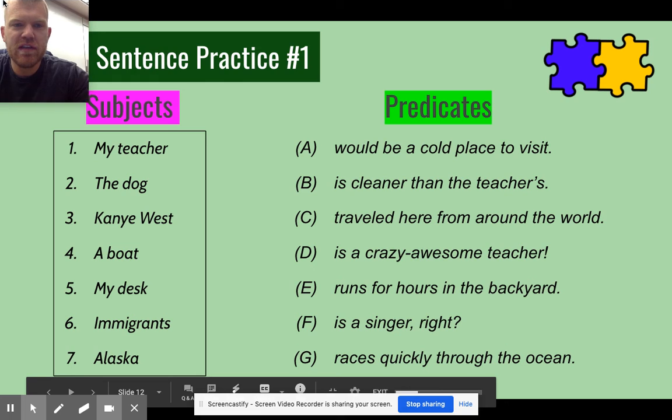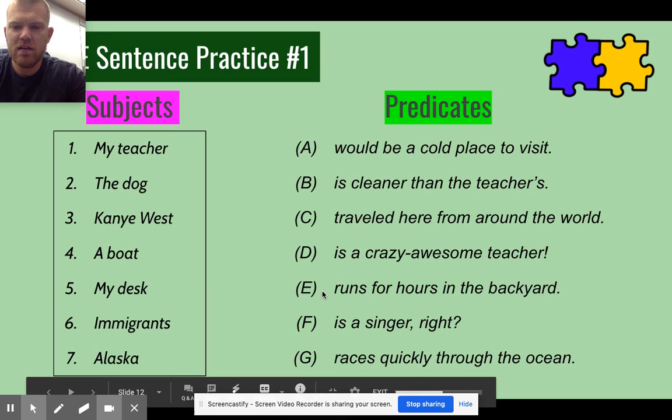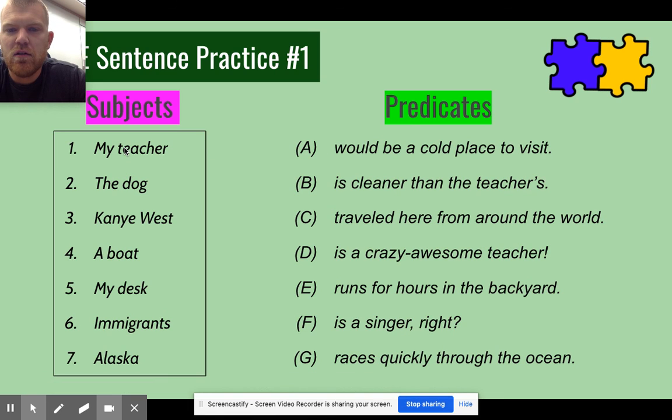So now what I want you guys to do is take a screenshot of this. Take a screenshot of this. And I want you to rewrite each sentence so that it makes sense. So match the subjects and the predicates and then write it as a sentence. Okay? So, sorry, go ahead and take a screenshot and then match the subjects with the predicates, then write them as a sentence. All right. So go ahead, get that screenshot, and then I'm going to stop this video,